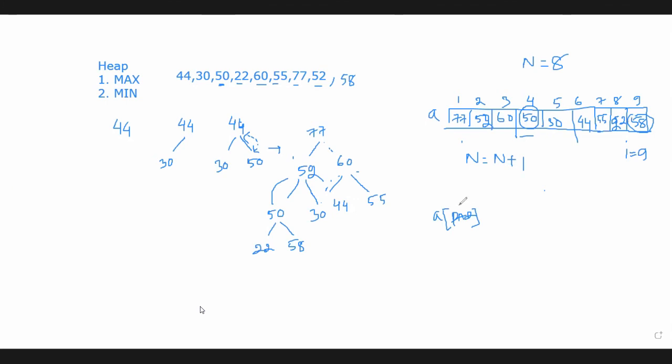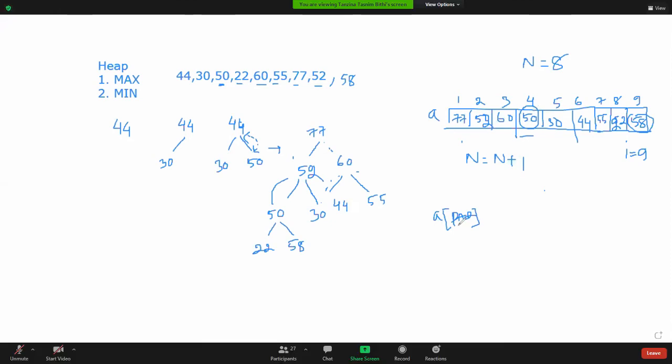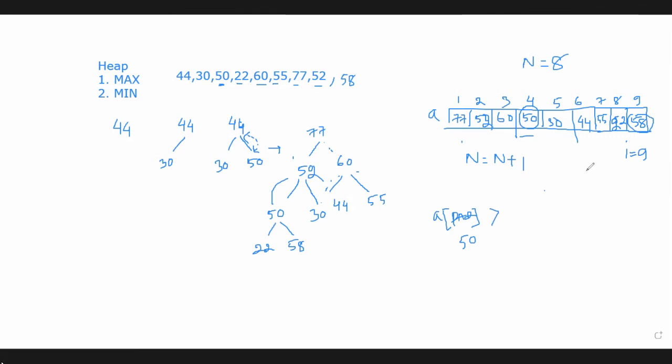You know the process. I'm just writing the steps in the algorithm. If the name of the array is A and this is the position of the parent, we just took a variable parent. So A of parent, that is 50, when A of parent is greater than that item 58. That was the item that we inserted at the end of the array. Now, is it true that A of parent is greater than item? Look at the array. No.